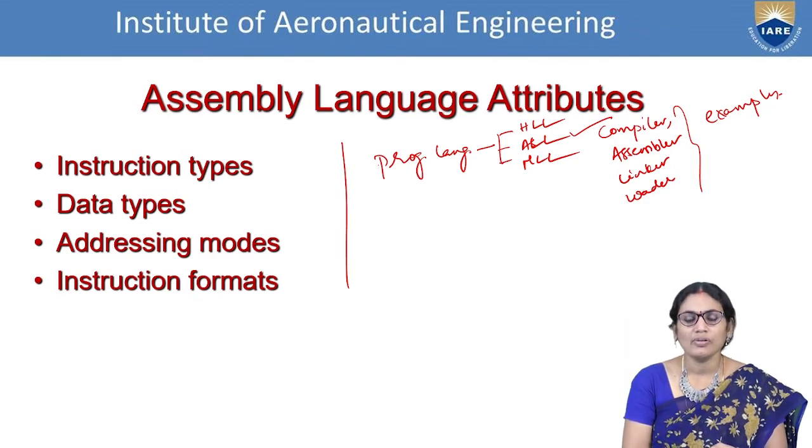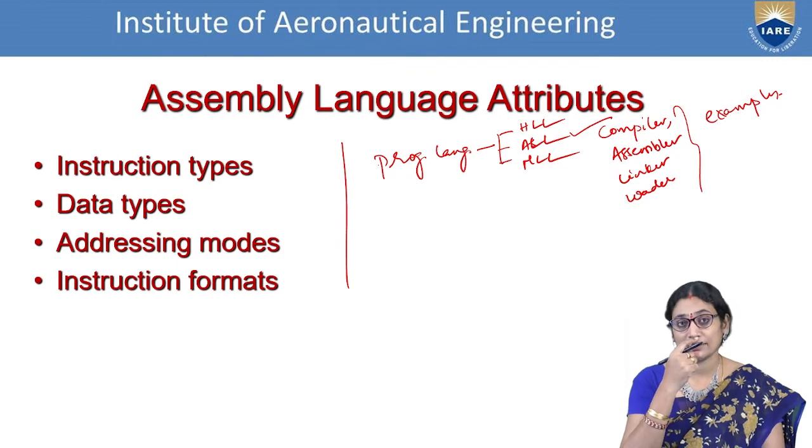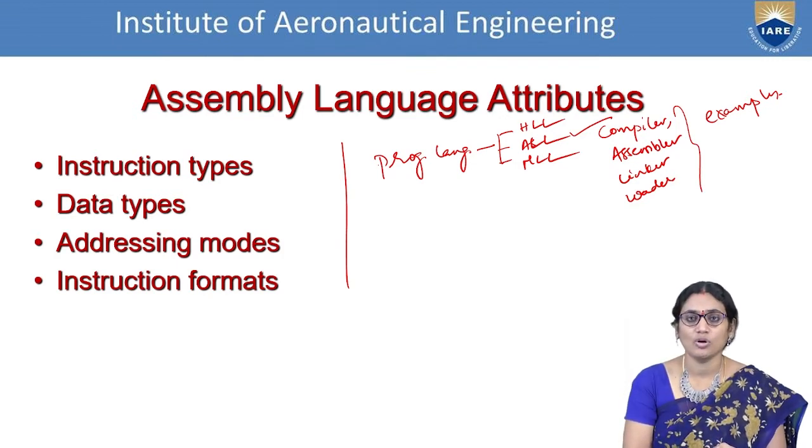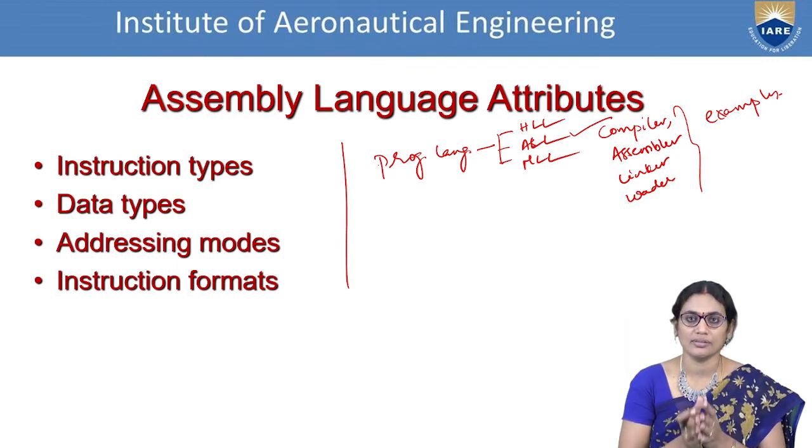Now, what we are trying to say is that as a mode of interaction, we have included the programming languages. The next part is how the data is exactly organized in the machine. We are saying that data is in the form of ones and zeros, and that data is communicated from the user to the machine in the form of high level notations. Now it is part of the context of assembly language programming to understand what exactly the user is requesting, or what exactly the user intends to perform.